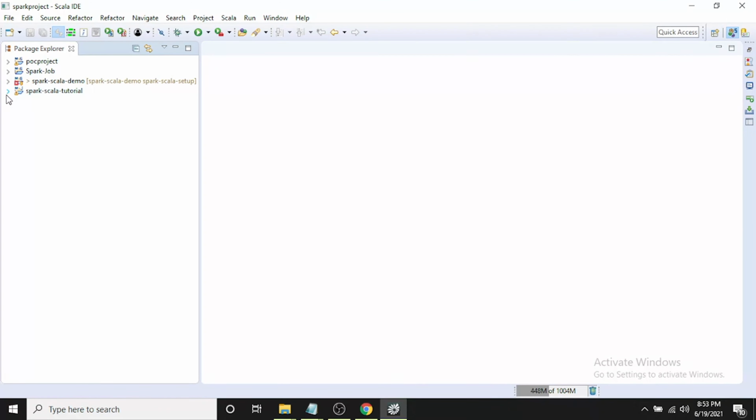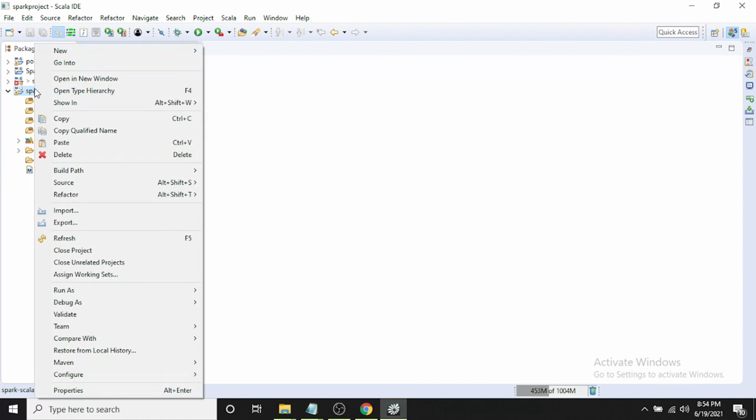The Spark Scala project has been created, and you can see on the folder the J symbol is available. That means this is a Maven Java project. For Scala development, we need to convert that Maven Java project into a Scala Maven project.